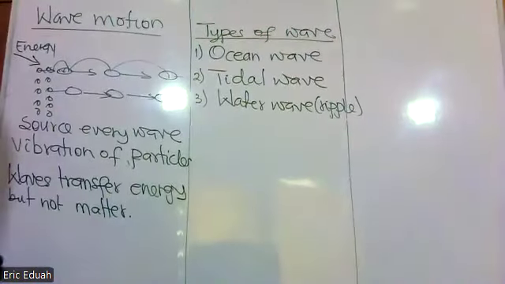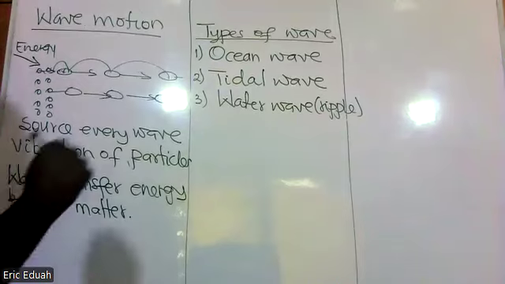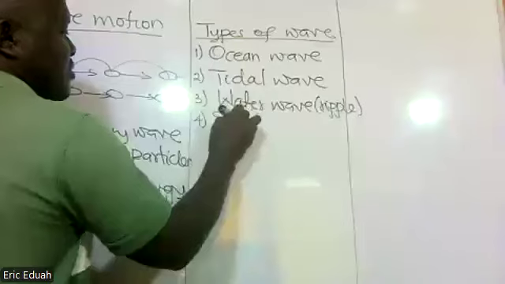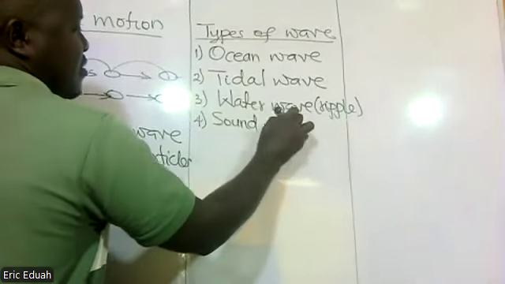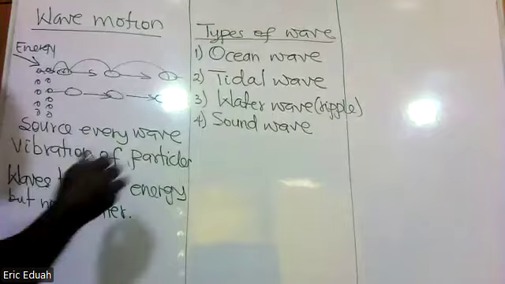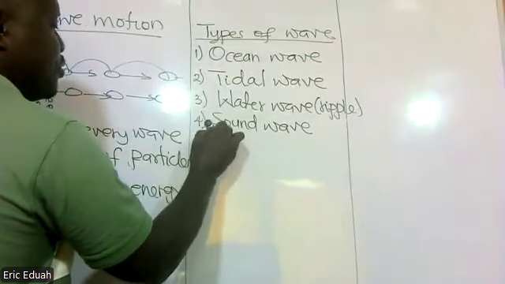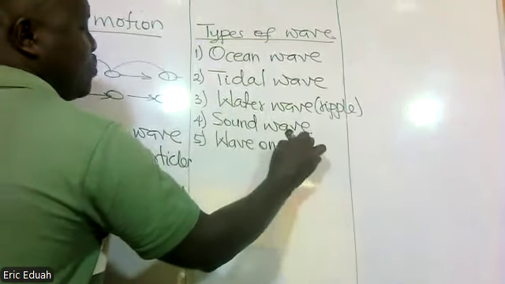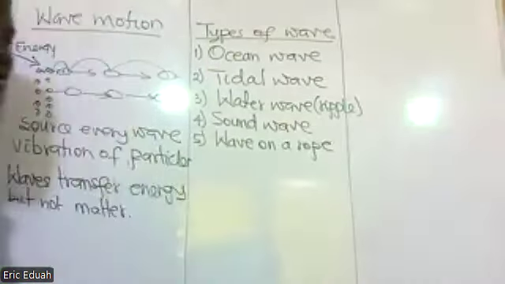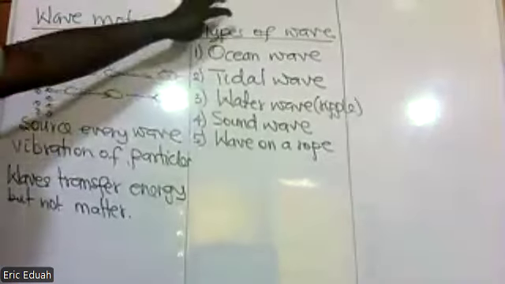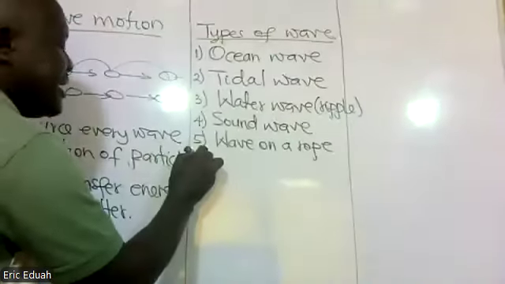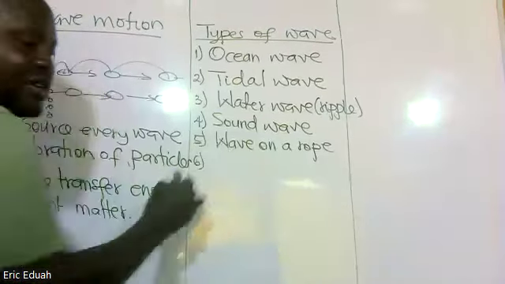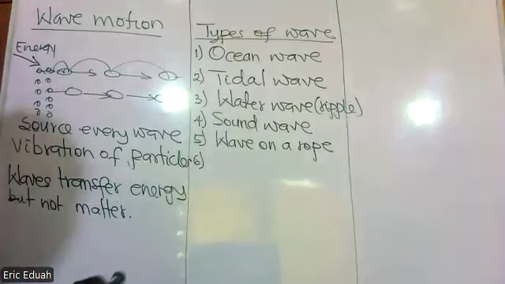Ripples on the surface of water. We have sound wave. We have wave on a rope. Then we also have electromagnetic waves, which we can actually break down to